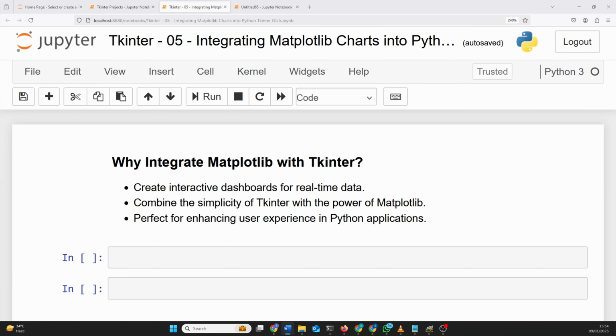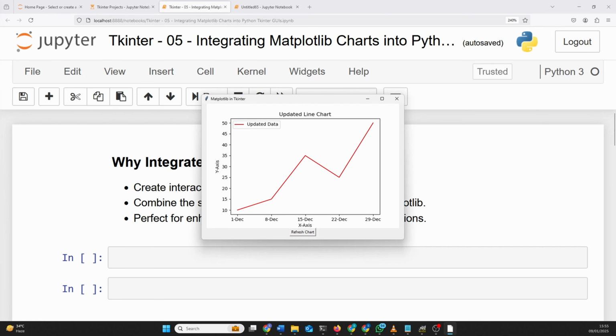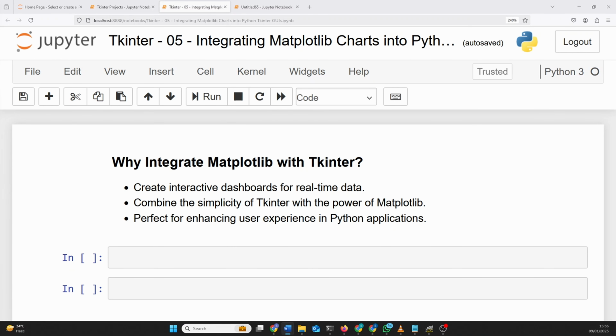Imagine you're building a dashboard app where you want to visualize data in real time and in a user-friendly window. Integrating Matplotlib with Tkinter lets you add stunning interactive charts to your Python GUIs, perfect for taking your projects to the next level. By the end of this tutorial, you will have a fully functional Tkinter GUI with embedded Matplotlib